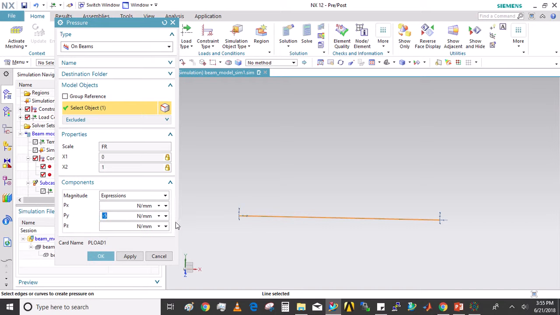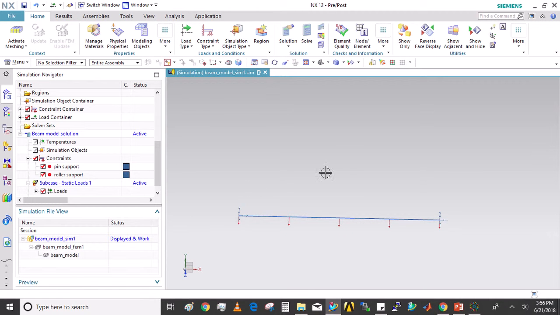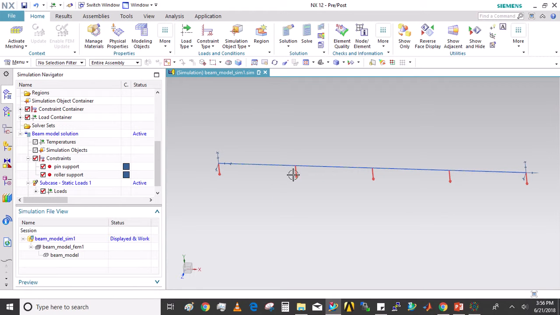In the presentation you saw that the loading was 5 kilonewton per meter, but here the units are newton per millimeter, so I'm applying -5 here because kilonewton per meter is equivalent to newton per millimeter. If you select OK, you will see these arrows that represent the load being applied on the model.